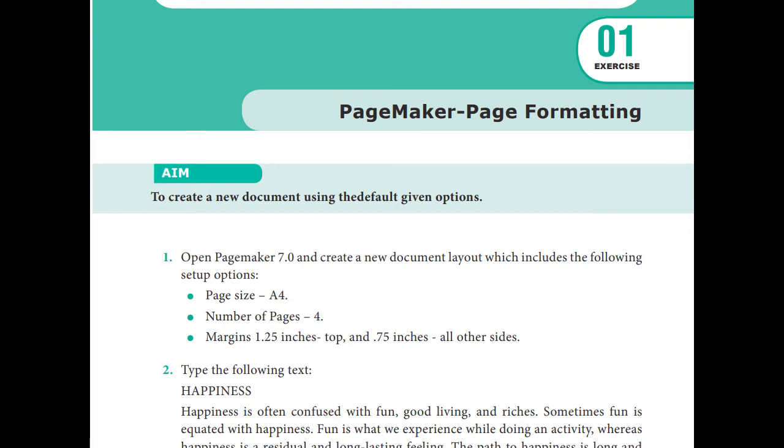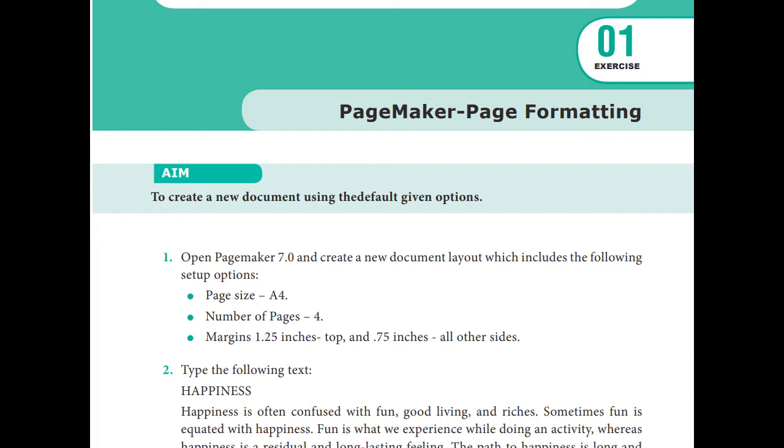You'll open up a page and you'll give the page size, dimensions, everything, and then you'll be creating a text block using the text tool, and you'll be typing the text which is given in the question. You will set the paragraph alignment to the center, making the font a little bigger, everything you will be doing here in this first exercise.